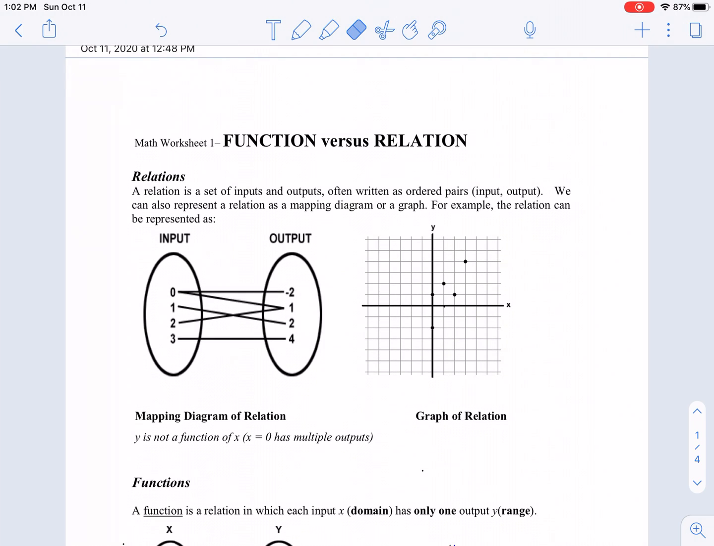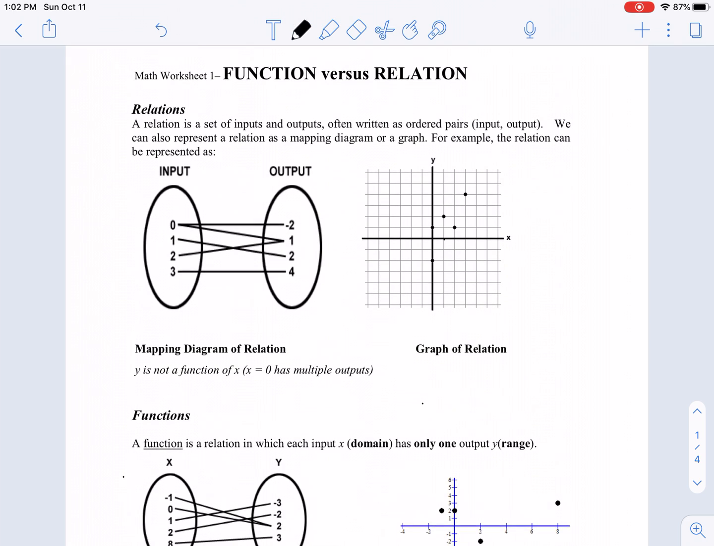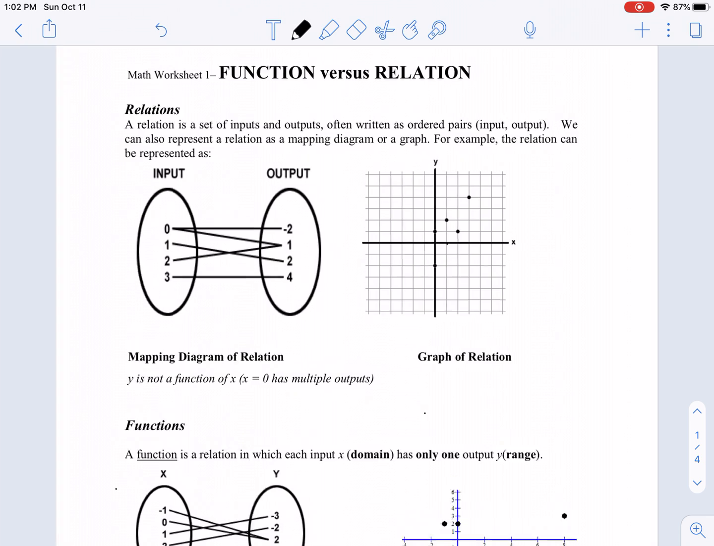All right, so we're going to be looking at functions versus relations. Functions versus relations, okay? Now, we're not going to do everything necessarily that's in this set of notes, but use it for the purposes that we need. Now, when we're talking about a function versus relation, the first thing we want to talk about is